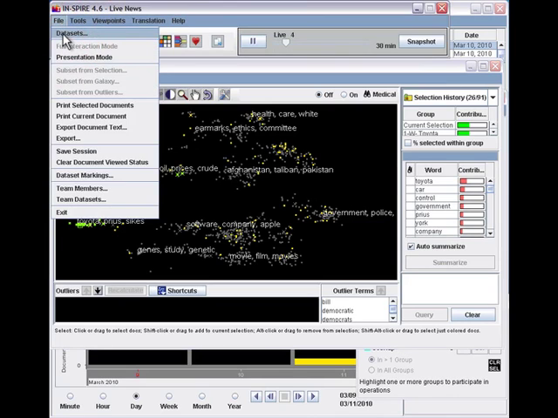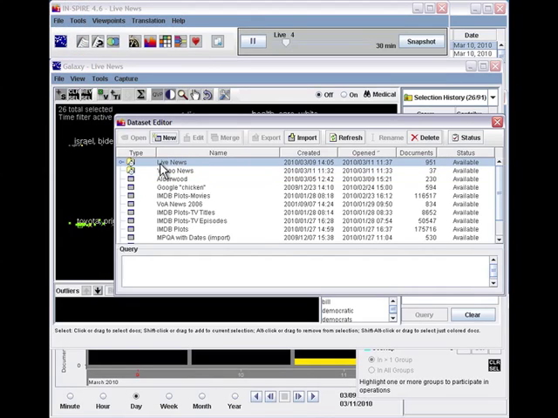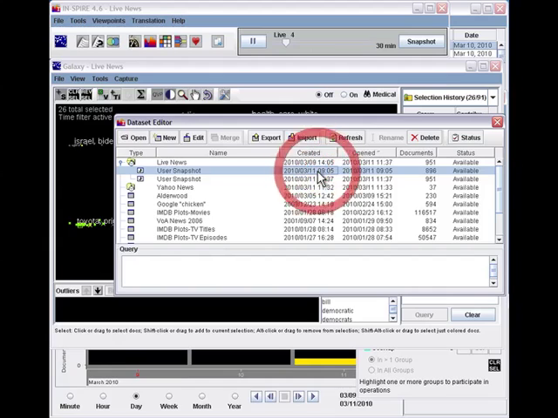and when you go to your dataset editor, you'll see now here's my live news one, the one that we've just been looking at. And you see it has a different icon because it's what we call a real-time data set, so it has a little time icon on it. And now there's a little control here that opens up this folder, and you can see the snapshots that I've made. So here's one that I made earlier today. So if I open that,